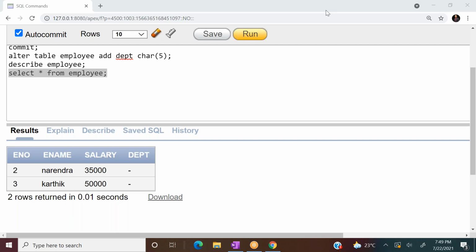Okay. Somebody said insert. So insert is not correct, Vamshi. Insert is for inserting the entire row. But what I want here is only the department value of an existing record to be inserted. So it is possible by using the UPDATE query. But which employee record is to be updated, that we have to specify using the WHERE clause. ALTER ADD is for adding a column, not updating the value.